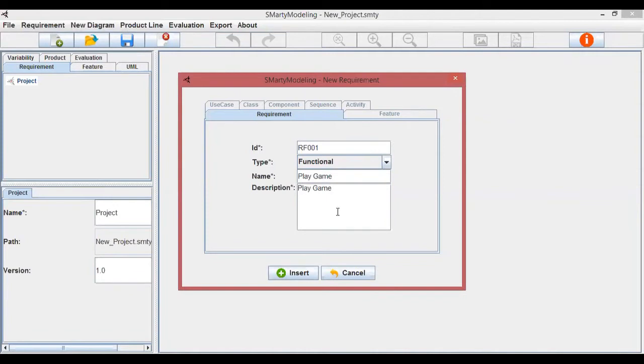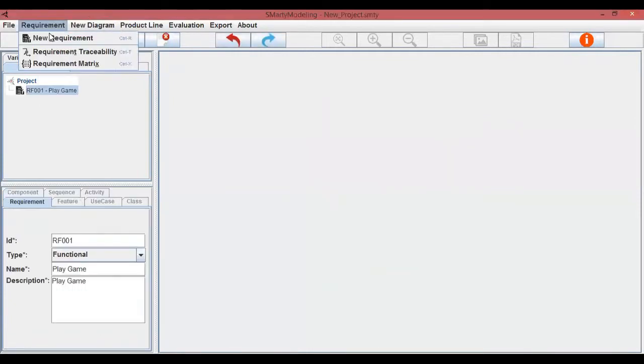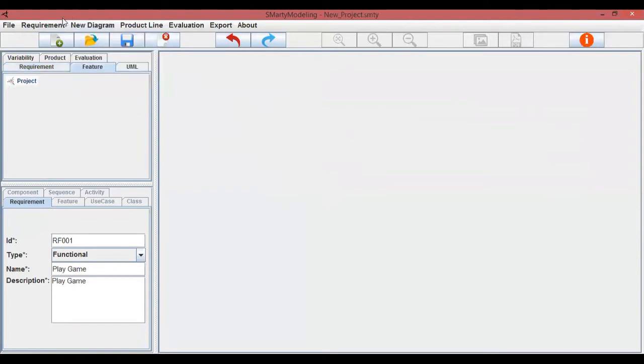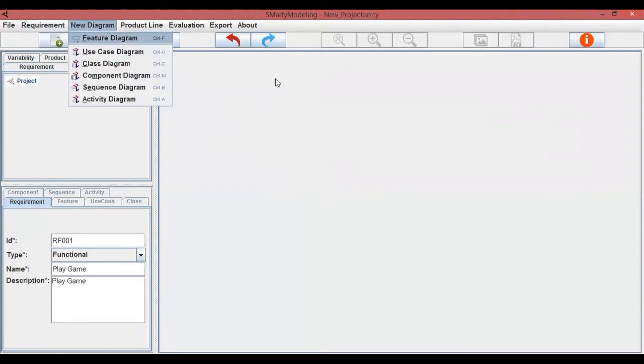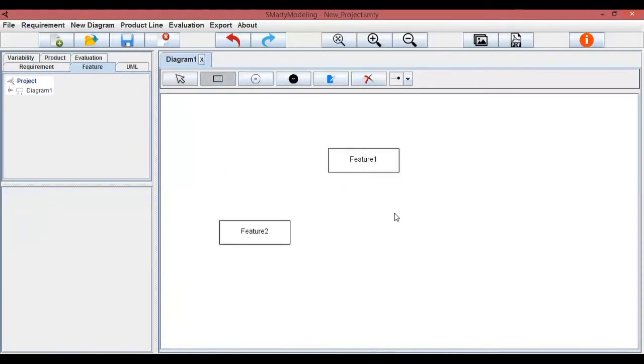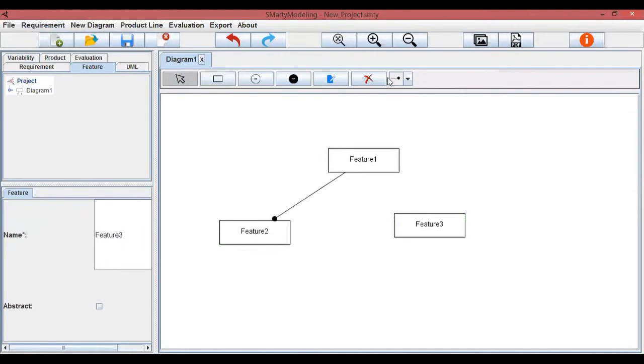The tool supports requirements traceability between features, UML elements, variability and other artifacts, either manually or through a matrix. SMartyModeling supports the following diagrams: features, use case, classes, component, activity and sequence. The second tab is exclusive for feature diagrams. It is possible to define features, describe optional and mandatory features, as well as their relationships and variability, inclusive and